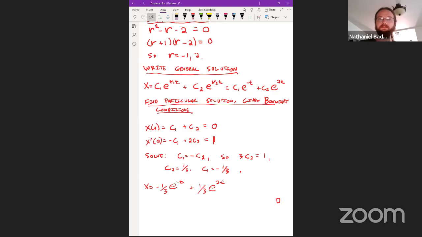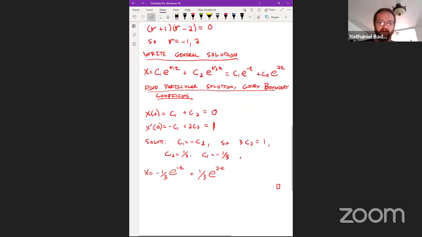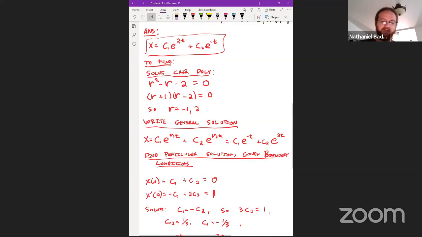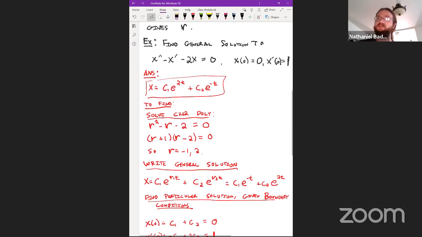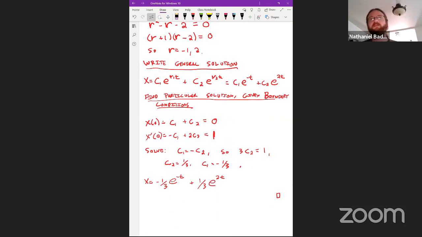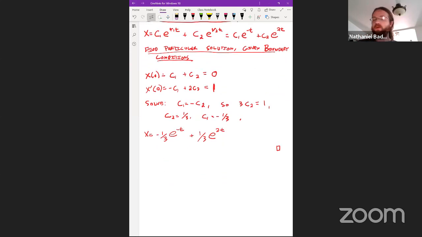Cool. So this is basically it. As long as you've got a linear constant coefficient higher order differential equation where the right hand side is 0, so a homogeneous one, you can solve it using this, insofar as you can solve the polynomial. So in general, though,